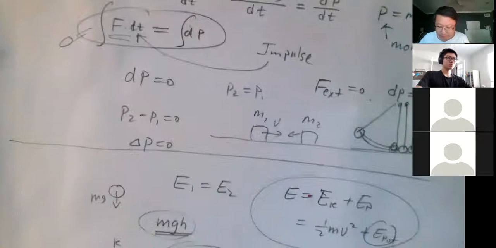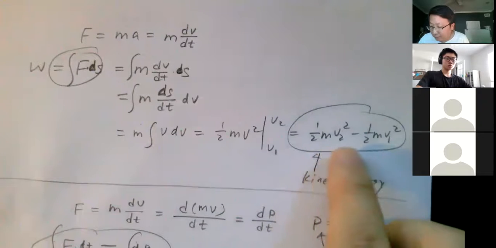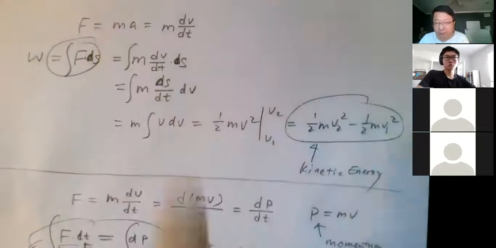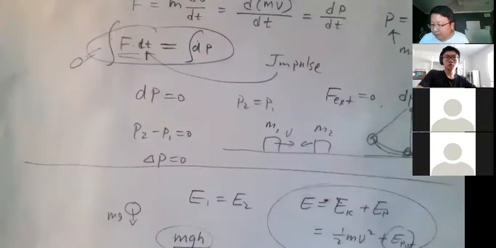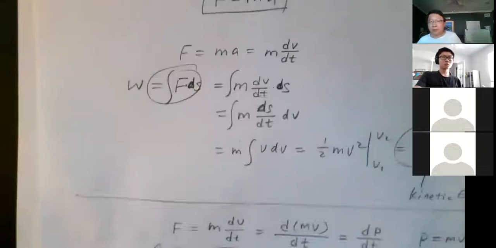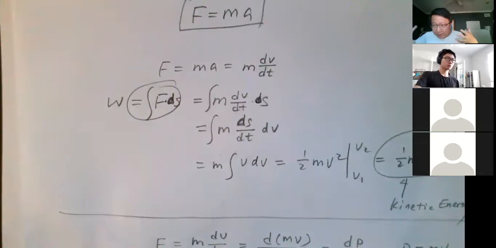Cool. So I explained why the kinetic energy formula is 1/2 mv squared, right? It's just because of Newton's law, and then I also explained energy conservation. So momentum conservation, everything is coming from here. So now you have at least listened to this very quickly. You get the idea of